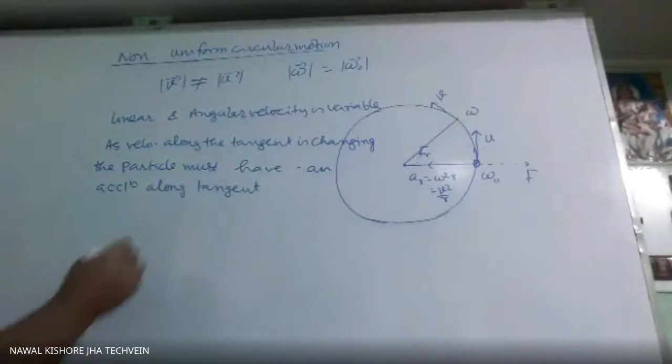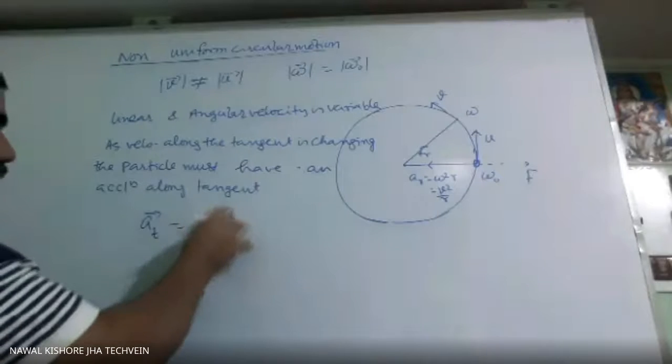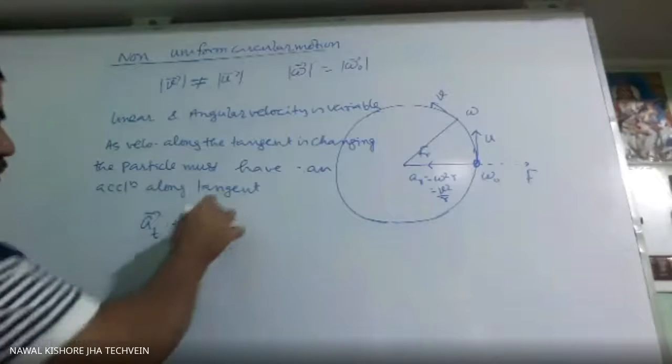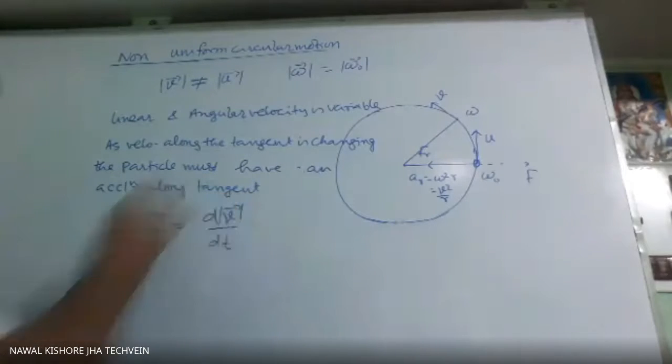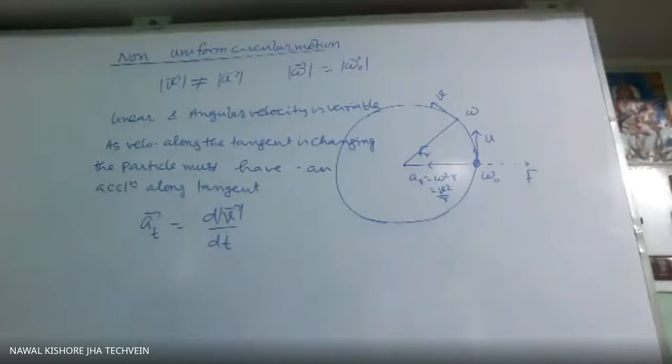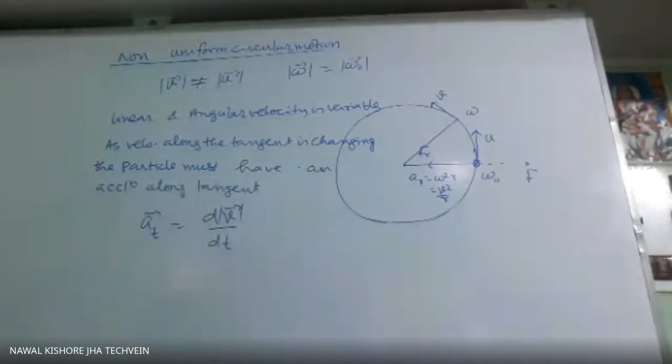So what will be the tangential acceleration? This a_t will be the rate of change of speed, dv by dt, or this magnitude only we can say. Because there the velocity was also changing due to direction. Here, it is the magnitude, how much it is changing. The rate of change of speed we can see. So we'll differentiate the magnitude of the velocity. Suppose velocity is given as 3t square minus 5t. Then we will differentiate it to get the tangential acceleration.